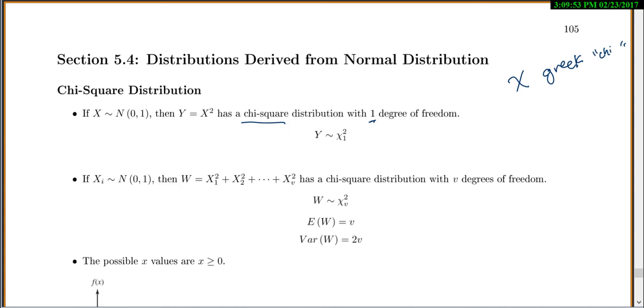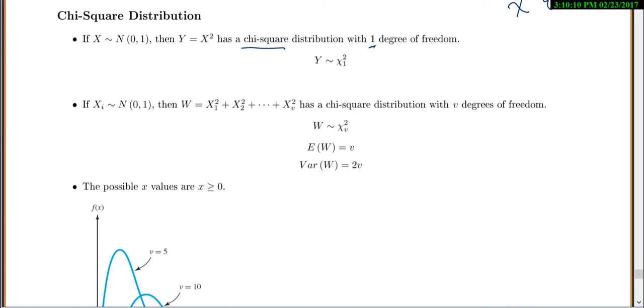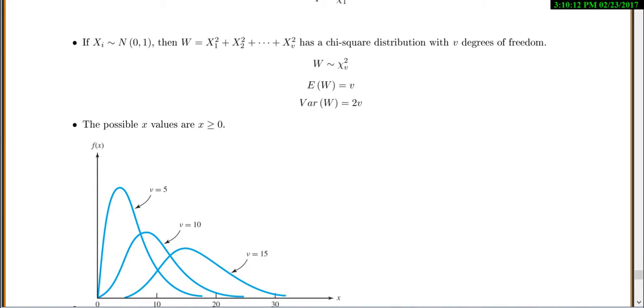Now for you guys, it's not incredibly important that you remember how we get all of these, but it will be important, or you'll use from now on. If you have a chi-square distribution with v degrees of freedom, your expected value is v, and your variance is 2v. Your possible x values will always be positive because you squared something to start, so you're always positive. Now it's interesting to note that this is definitely not symmetric,